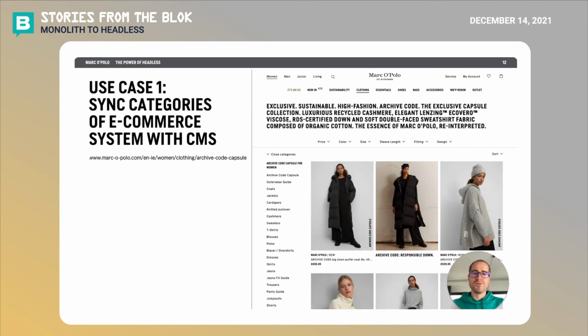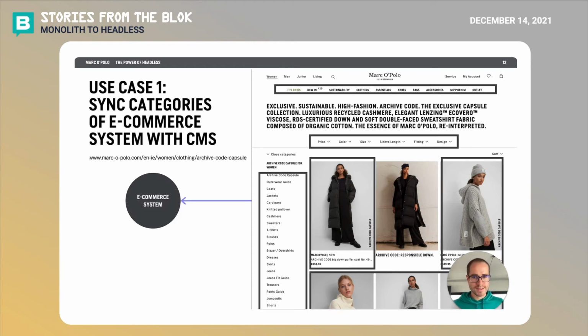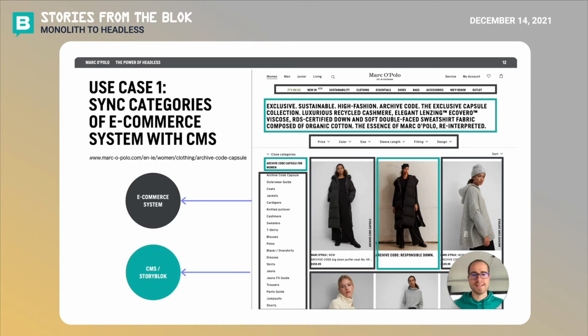We have different data showing up here: e-commerce data, so categories and products, but we also have content data, which is a custom headline, or could be an image, could be whatever. To fetch the data from our front end, we use the URL as our identifier,